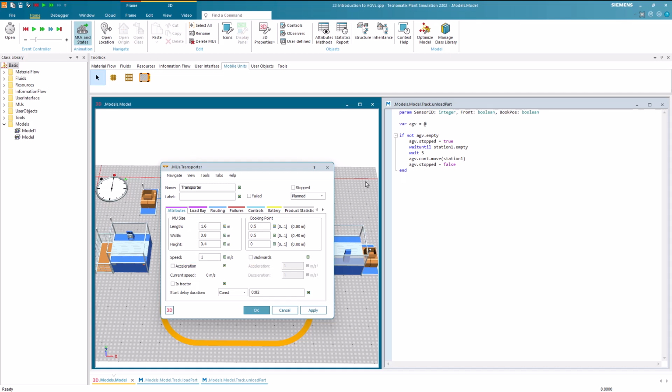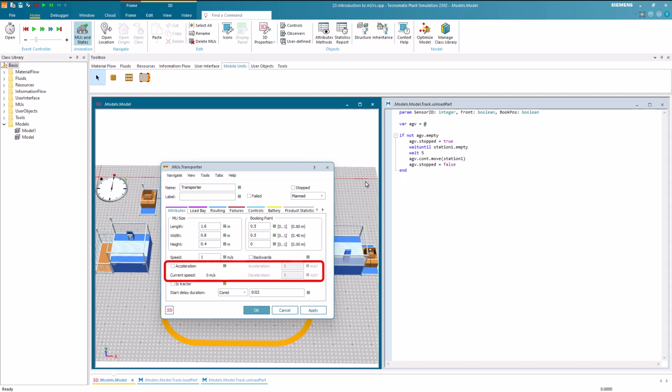As you may have observed, the transporter currently stops and starts very abruptly. To address this, we can check the acceleration checkbox and enter values for acceleration and deceleration to achieve a smoother appearance. However, it's important to note that if we set acceleration and deceleration, in this specific example, the AGV would only accelerate smoothly but wouldn't decelerate smoothly.